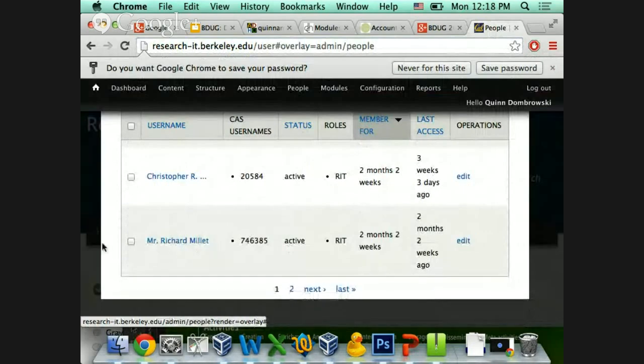So for instance, Mr. Richard Millay may not want the Mr. showing up in front of all the blog posts that he writes. He might want a different display name on this site than he gets from the directory. If you're doing a site that doesn't have CAS integration, or where you're just creating users and user accounts, again, what the user's user account is may not be what you want showing up with their blog posts. So you can use a module called real name,